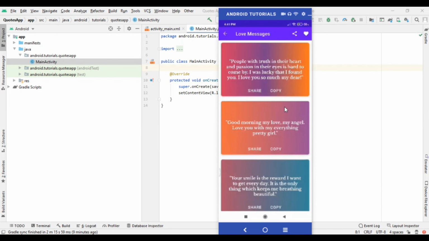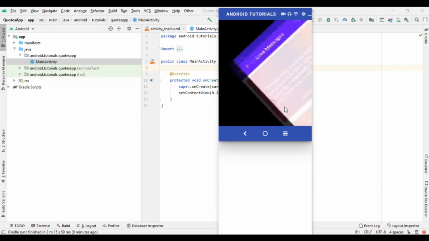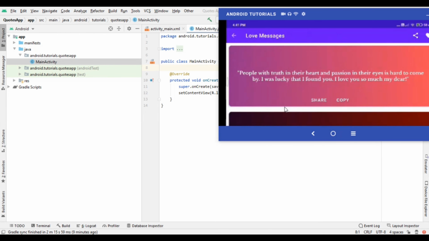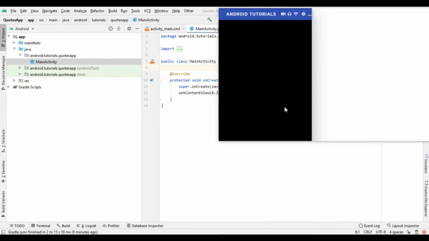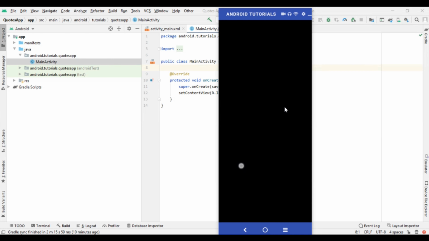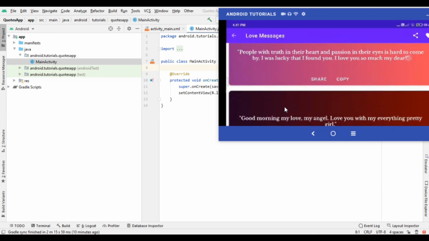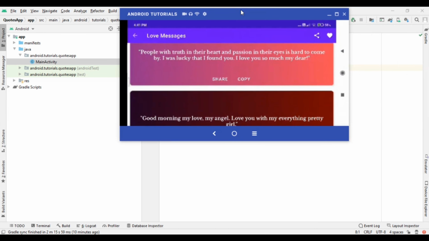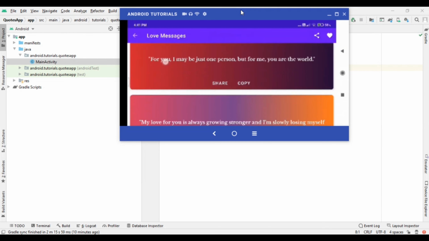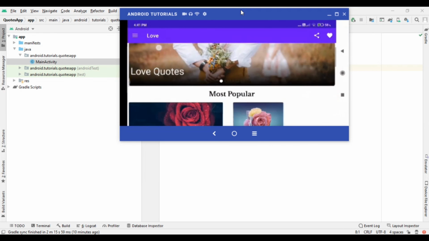Our application is also responsive, so we can see the full application on any screen, in slide, or you can also see this code.